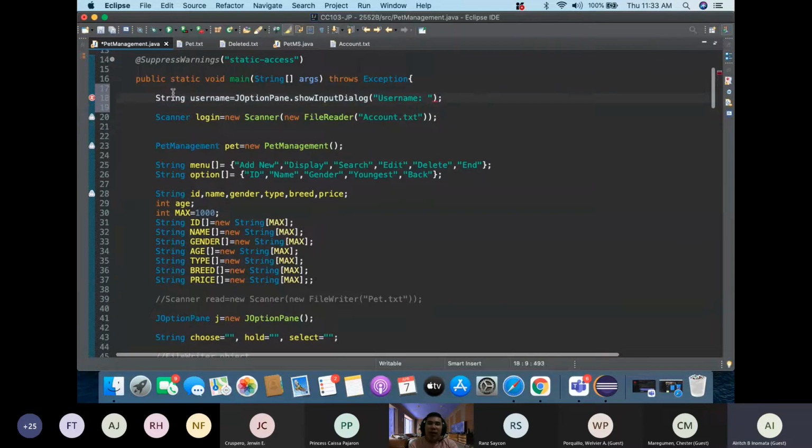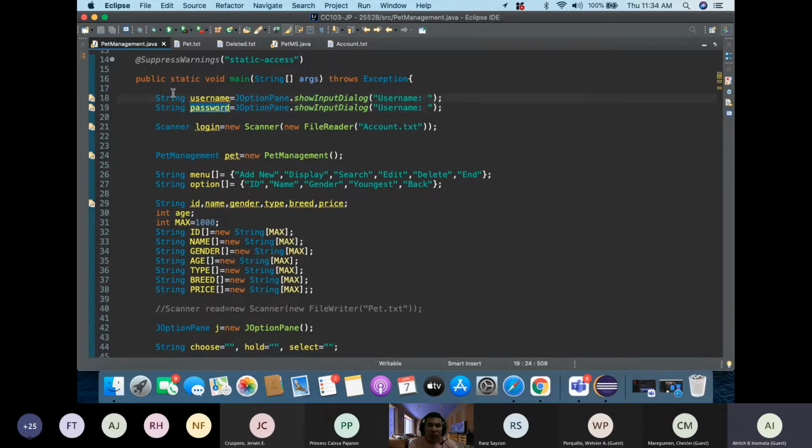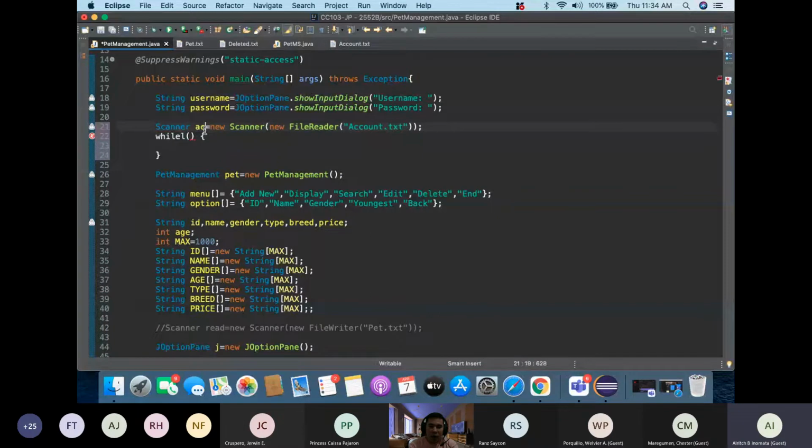Tapos pwede na to nyo magamit diri kadto ganing flag controlled or kana ganing nay mga pila ka attempts, di ba remember katong gamit nato sa katong mga types of loop. So, like para kung pila ka attempts lang tapos dili na siya mag-stop na dayon ang program pag na-exceed na niya ang number of attempts and password. Okay, so while login or sige, ang term account na lang. So while account